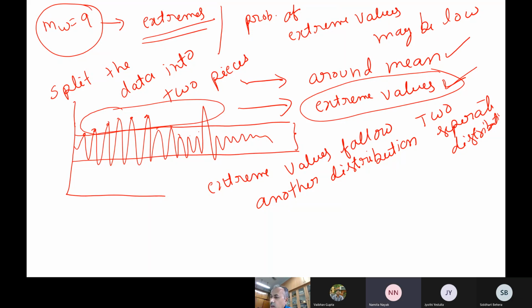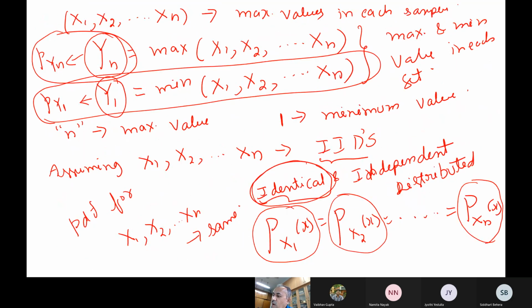If you take the entire data in one go, the crack size extreme, more than 0.6, comes to only around 3%. Why are you getting such a very low value? The reason is that you have combined all the data in one go. That is the problem. So now if you take only the extreme value,